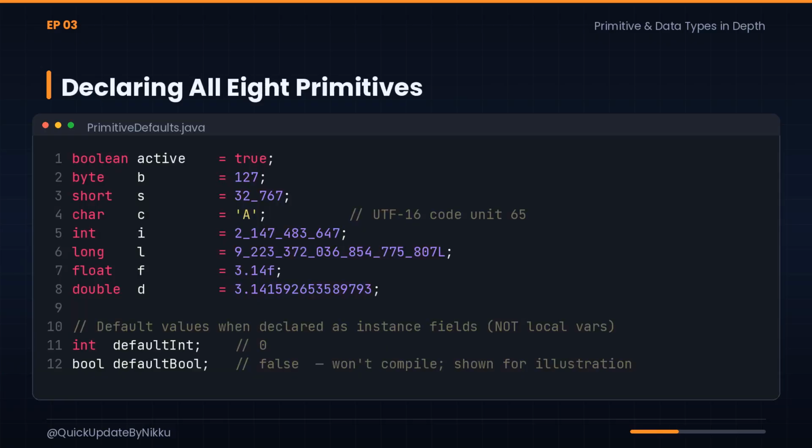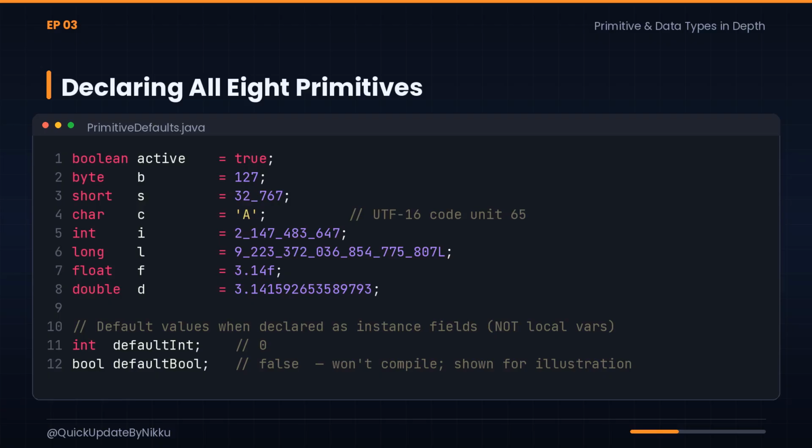The underscore separator introduced in Java 7 lets you write large numeric literals in a readable form without affecting their value. 1_000_000_000 is far easier to verify than a solid string of digits. The long literal suffix L is mandatory when the value exceeds int range. Default values apply only to instance and static fields, never to local variables. The compiler will refuse to compile a read of an uninitialized local, so there is no undefined behavior risk analogous